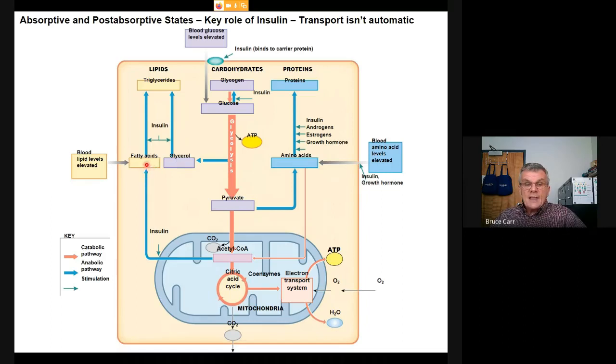To take fatty acids and manufacture triglycerides, you need insulin. So you can get them in there, but you also need insulin to get fatty acids into mitochondria. So because of insulin's role in transport across membranes,